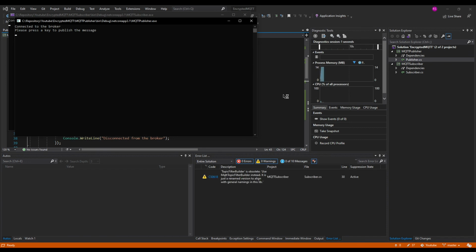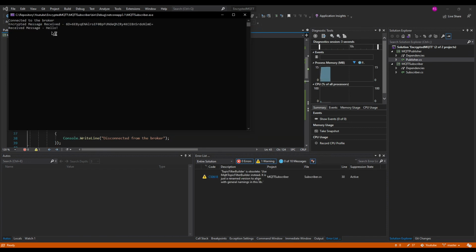So if we try to publish the message hello, this is the encrypted message which was received, and we deciphered that encrypted message back to its original content. So this is how end-to-end encryption can be implemented in case of the MQTT clients.